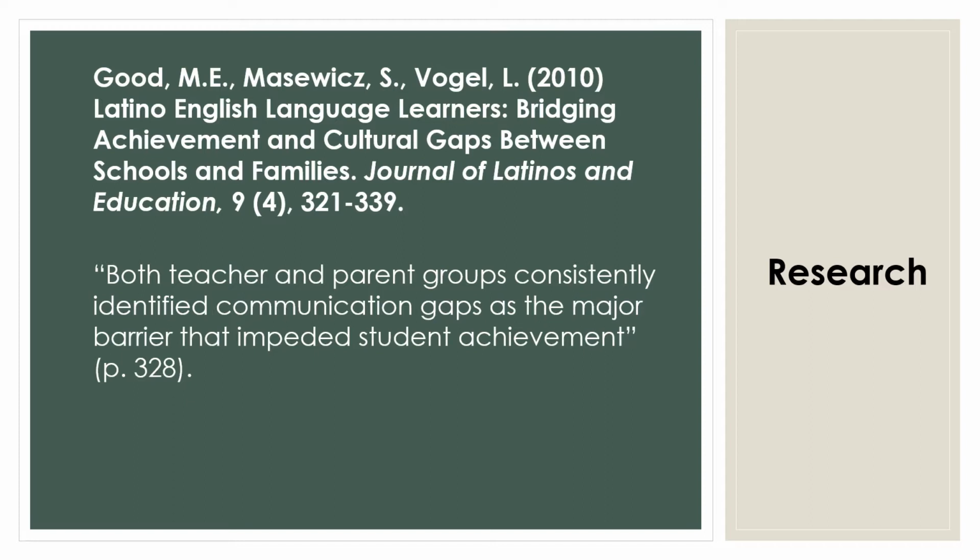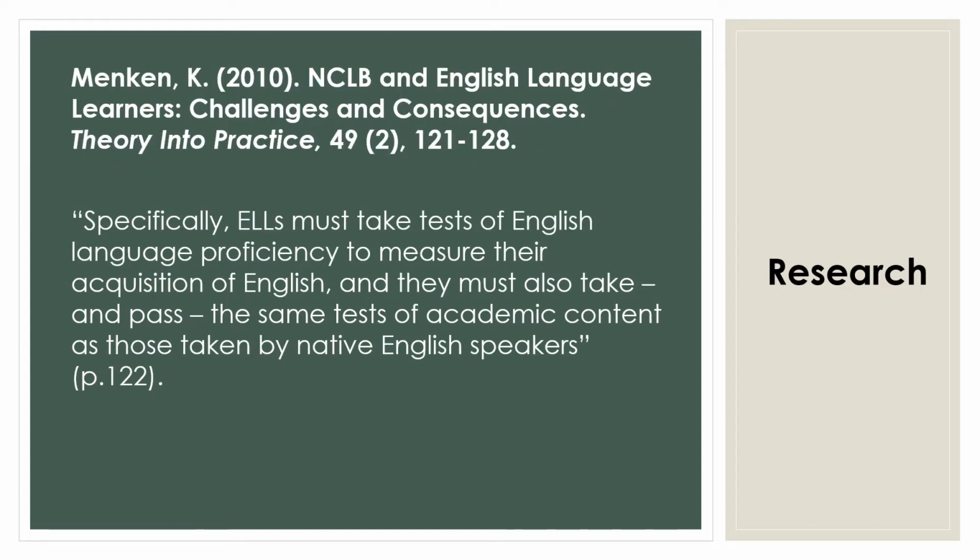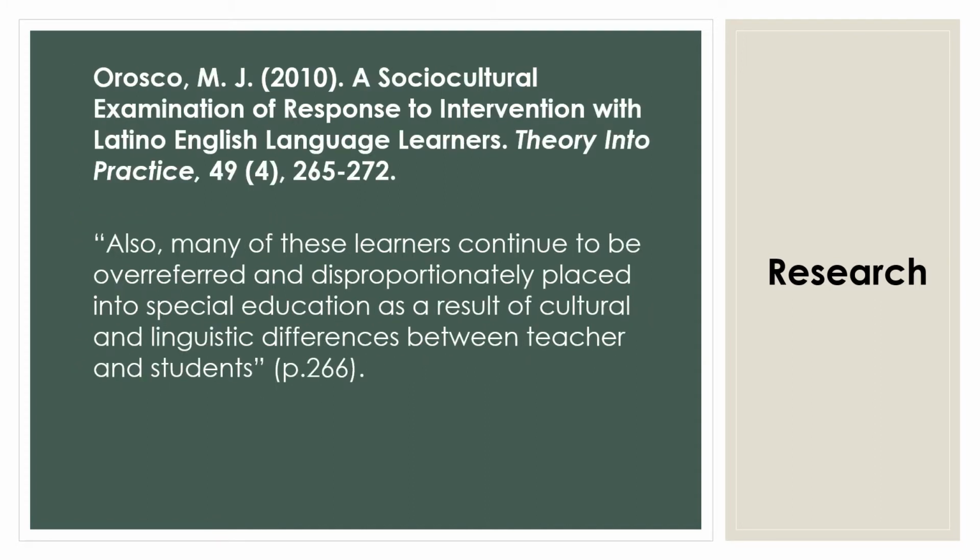This language barrier can often make English language learners appear as underachieved or as having a learning disability. Despite the language barrier, learning differences, and academic achievement of English language learners, they still have to take the same grade level benchmarks, standardized tests, and classroom assessments as their English-speaking peers. In schools which rely heavily on standardized test scores, many English language learners are over-referred to special education programs than English-speaking students.